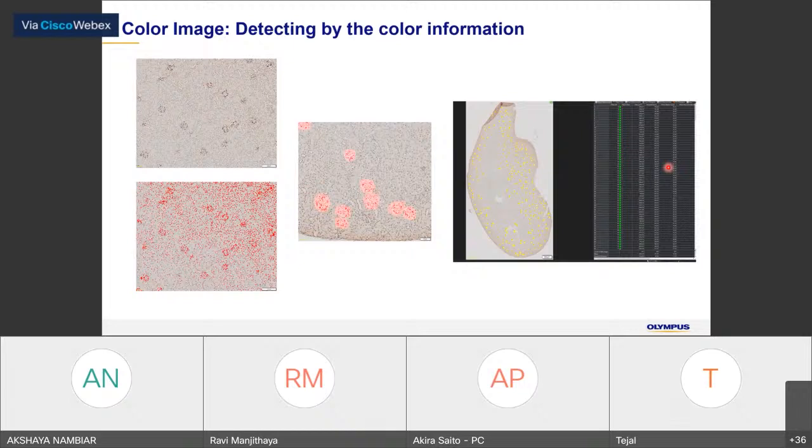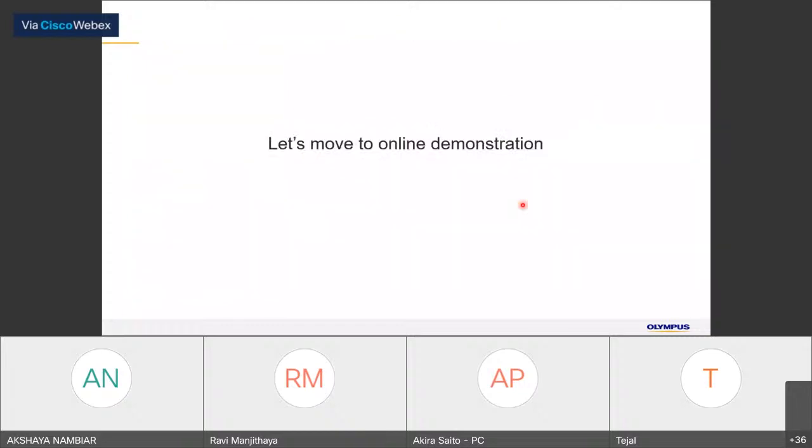This is just an example to identify glomeruli using this color image, and count in this section how many there are and how big they are. It is also possible using the neural network segmentation. So that is the last slide of my presentation.